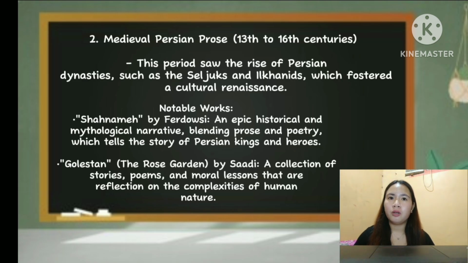This period saw the rise of Persian dynasties such as the Seljuks and Ikhanids, which fostered a cultural Renaissance. Persian prose became more refined and was used to convey moral and philosophical teaching. The notable works of this period are